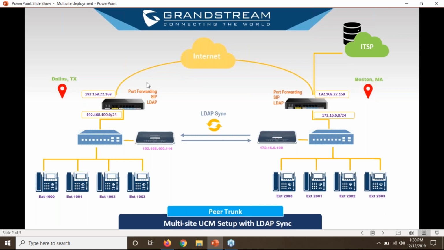Let's talk about the VPN. When you have a VPN tunnel established, for example, between these two routers, the local IP address of the UCM, which is 192.168.100.114, for example, is the one that you're going to need to use as the SIP trunk for the peer